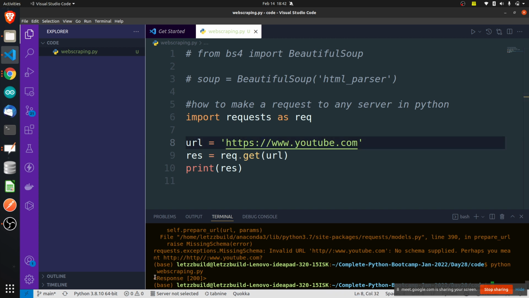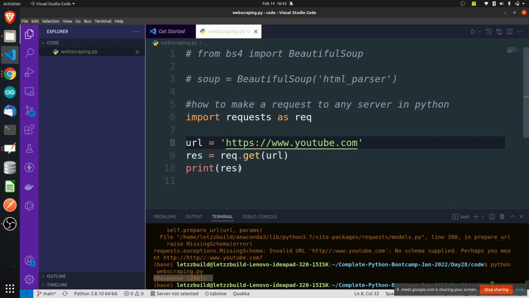So I got some response here: response 200. In this whole web world, where we have front end, back end, HTTP, requests, responses, all of this has codes. There are different ways you can make a request, like get and post. When to use get and when to use post is a completely different discussion, which will be covered in a web class. But there are different codes for this. For example, if you get a 404 error, that means the file you are trying to see is not present on the server. If you are getting 200, that means you have successfully got the response. So we are getting 200 here, which means we have successfully got a response from the server.